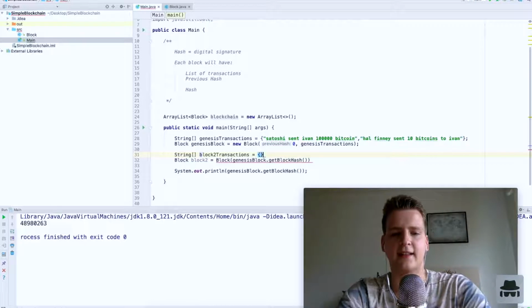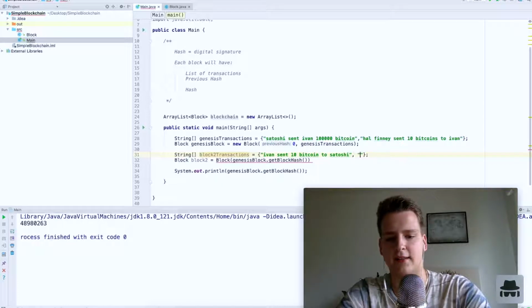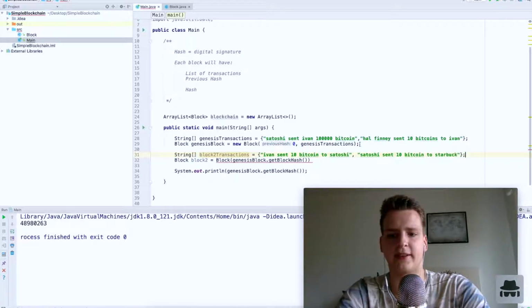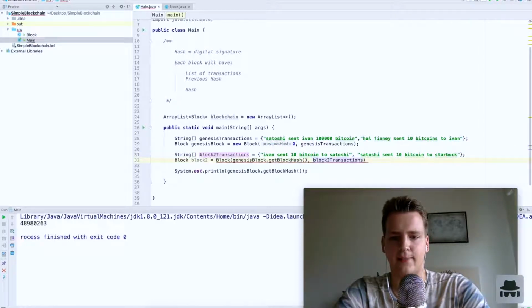Let's say that in the second block, Ivan sent 10 Bitcoin to Satoshi. I sent him back his bitcoins, and Satoshi sent 10 bitcoin to Starbucks. Like this. So these are the transactions in the second block. So guys, as you can see, if I put the transactions and we output now the digital signature of the second block,